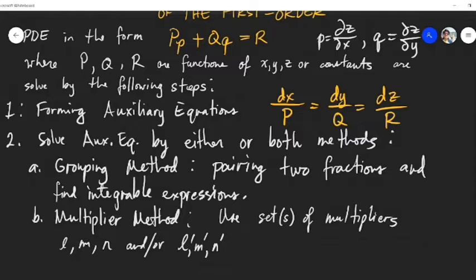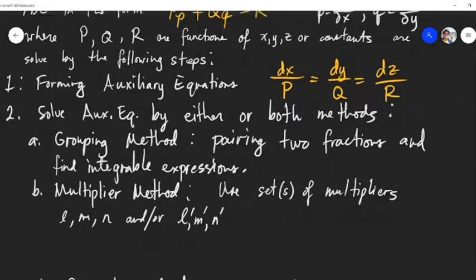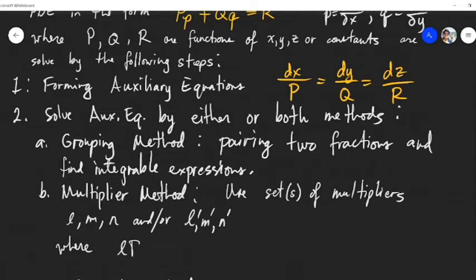That means if we are going to use the multiplier method once, we are going to have one set only, or if twice, two sets, that is L, M, N and L prime, M prime, N prime, where L times P plus M times Q plus N times R is equal to 0,